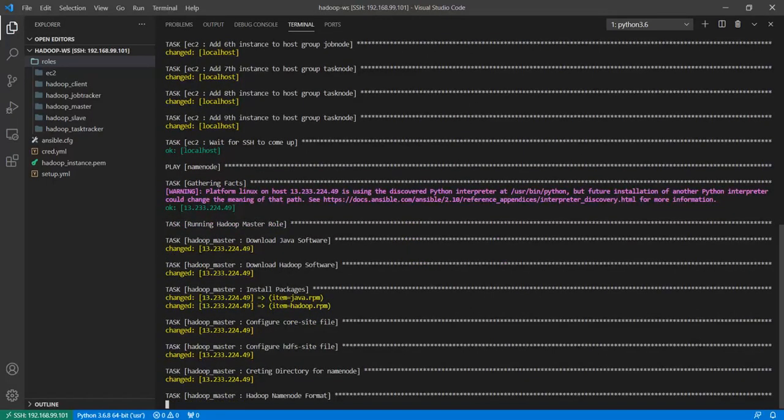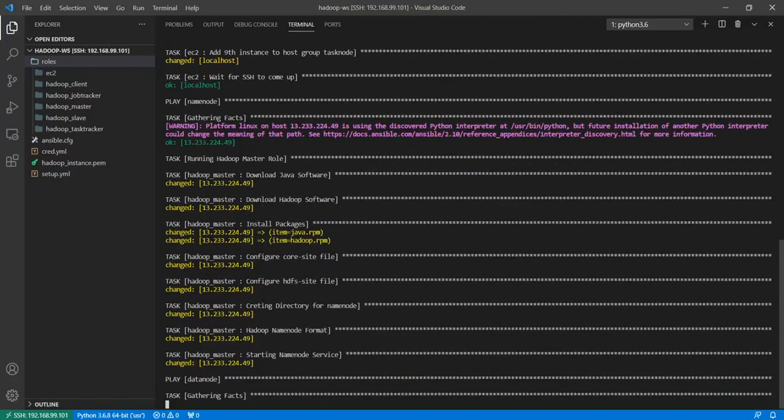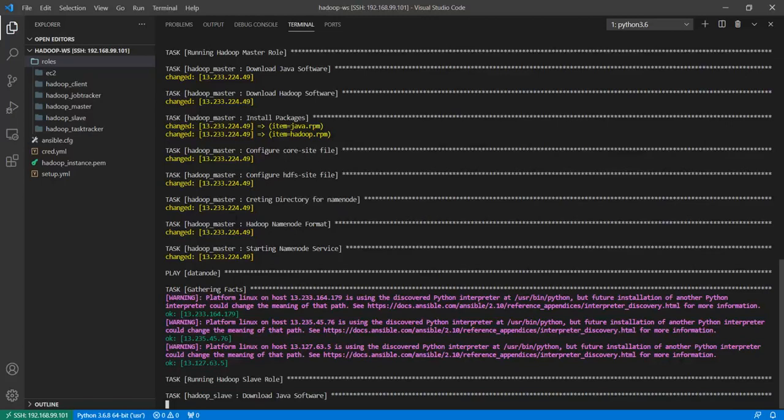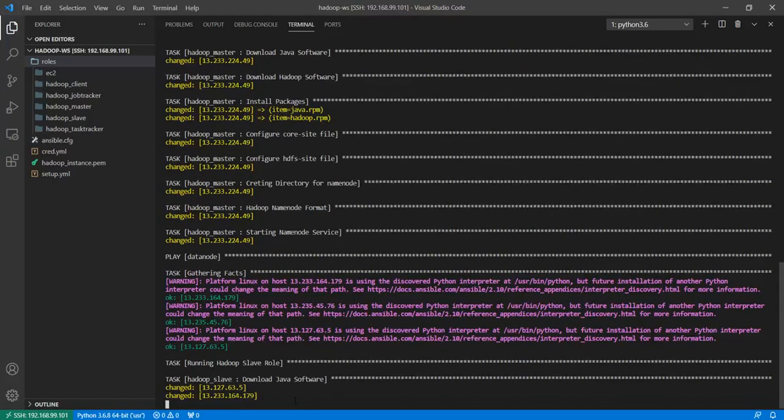Then it installed the packages. After that it's configuring the cluster. Here you can see it configures the core-site file, then the HDFS file, then it creates directories. This will vary from node to node with their own customization. But the important thing here is that as we are using Ansible, we don't need to go manually to all the data nodes, like 3 data nodes, and configure them one by one. Because we are using a role, we can configure all the 3 nodes in just one go. Let's wait for some time, because I already told you it will take around 7 to 8 minutes.